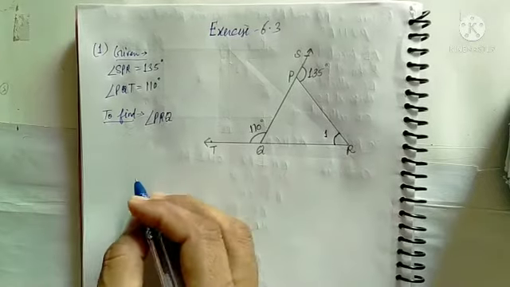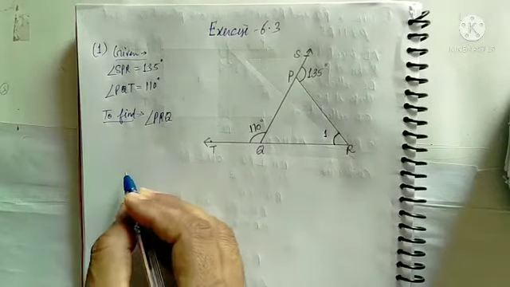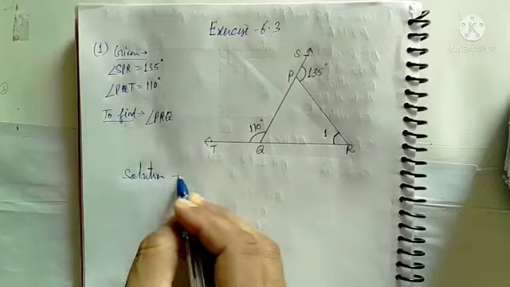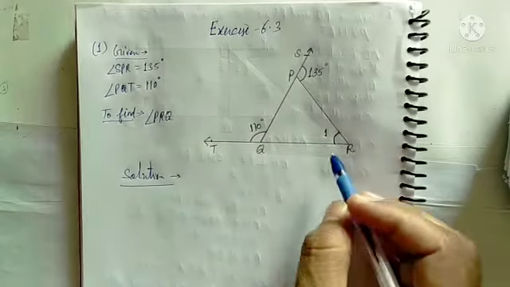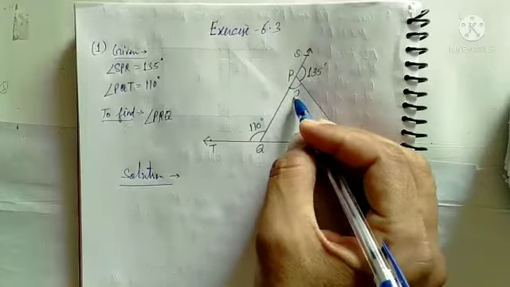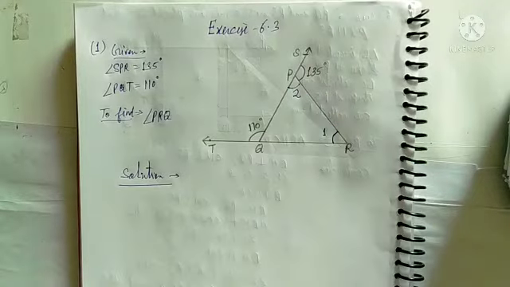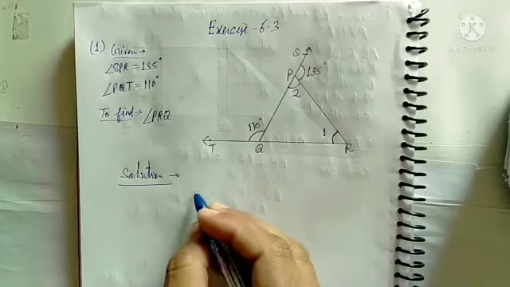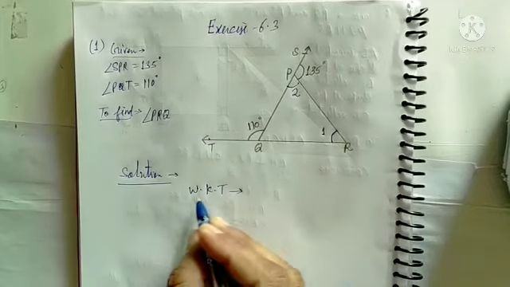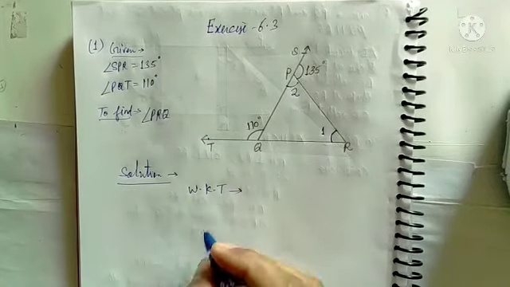Actually it is very simple. See, we will start the question. Solution. This angle you have let 1. Let this angle 2. Okay. Now we know that, I am writing in short way, WKT. We know that